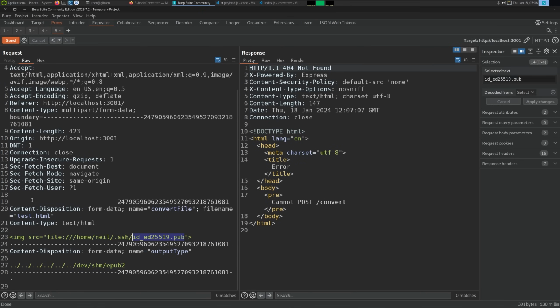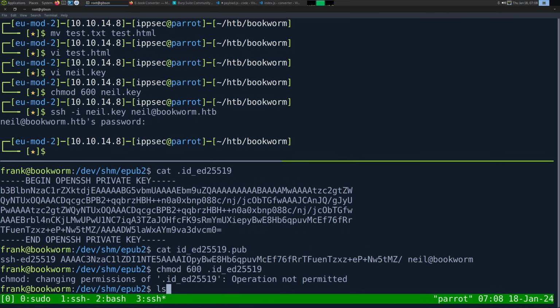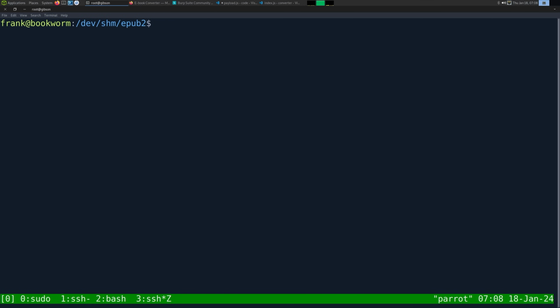So just because the private key is there doesn't mean it's in the authorized keys file. We can try exfiltrating that as well. And let's see. I don't see it. So I'm guessing that means it's not here. Right? We tried to include it, but there's no files that would have it. So the authorized keys file doesn't exist. So we have to go in